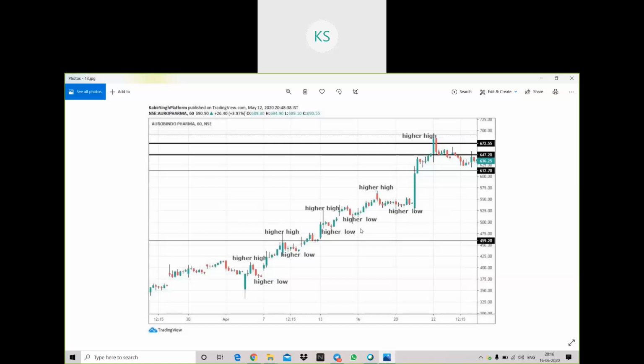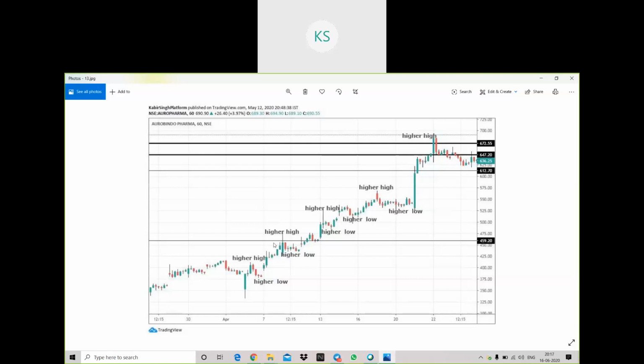For example, here if you see, there were one or two green and red candles and again it went in an upward direction. So here there were no indecision candles. Directly it went in an upward direction. And here also, there were three candles and no indication of indecision. Directly after forming one or two red candles, it went into an upward direction. So here it has skipped consolidation, and sometimes it will skip